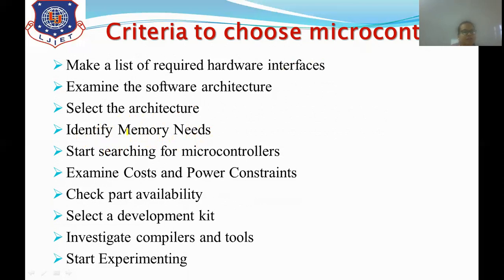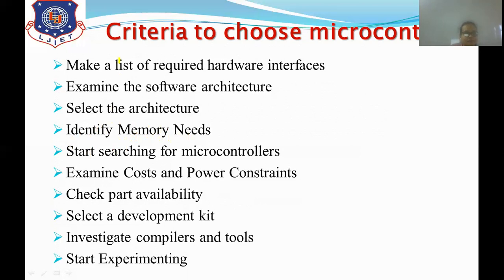So we need to choose a microcontroller in which that memory is already integrated on that single IC, so there will be no need to connect external memory. Clear? So this is the most important point in choosing the microcontroller: how much memory will be needed for this particular application.